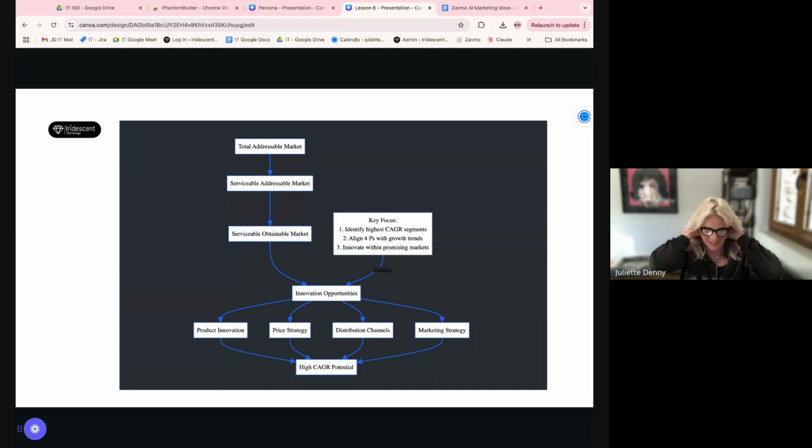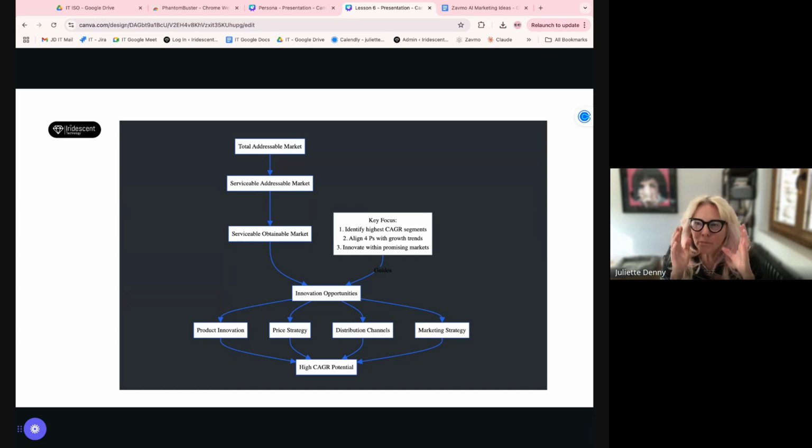The next area is, look, I can't possibly take on the entire world. As much as I would like to, realistically I only have the resources available to me that are going to allow me to access the serviceable addressable market. And even the serviceable addressable market is probably a long-term element of your marketing plan. You need to start somewhere, which is your serviceable obtainable market, and this is what your resources can do to penetrate that market.